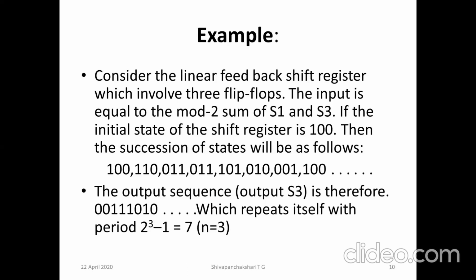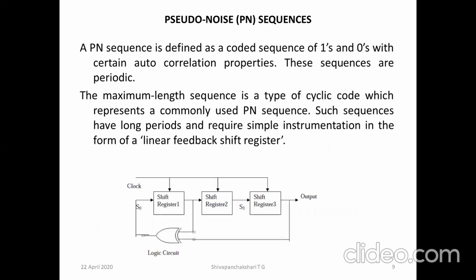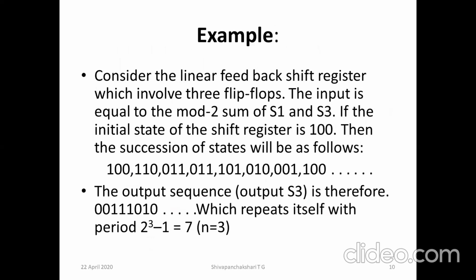Here the output of this particular digital circuit can be obtained assuming an initial state of 1, 0, 0. That means the first flip-flop has 1, the second one 0, the third one is also 0. After continuously giving clock pulses, the pattern 1, 0, 0 is sequentially shifted to the right, and so we can get the output. But the input to the first register comes from the modulo 2 operation of the output of the first register and third register. So looking into the logical operations involved in this circuit, we can obtain the final states of